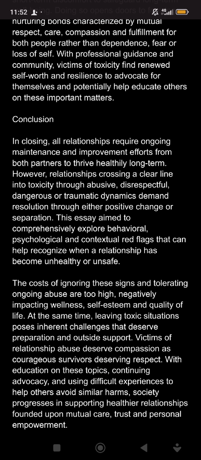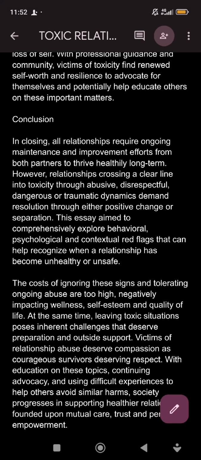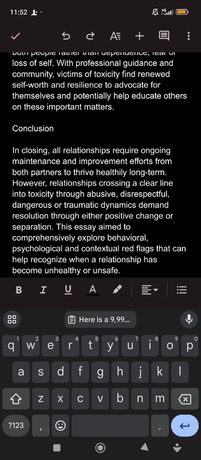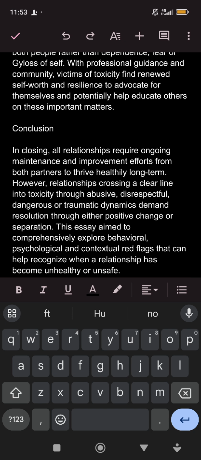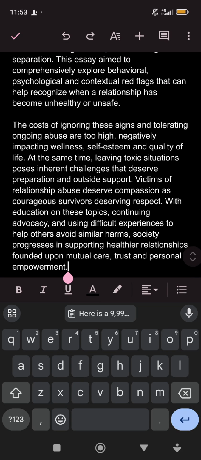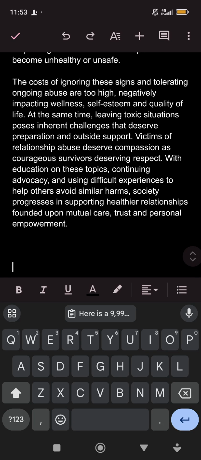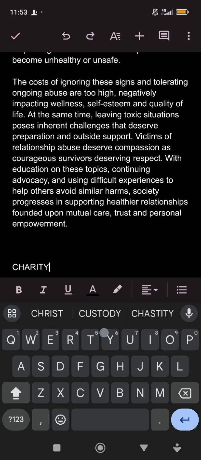Like I said, if you are clicking on the screen and you are not seeing your keyboard, click here. Click on this icon that looks like a pen. It will now give you access to continue. Then enter, enter, enter. I can do this like 3 times or 4 times. Then I can write chapter. I'm trying to write chapter 2.